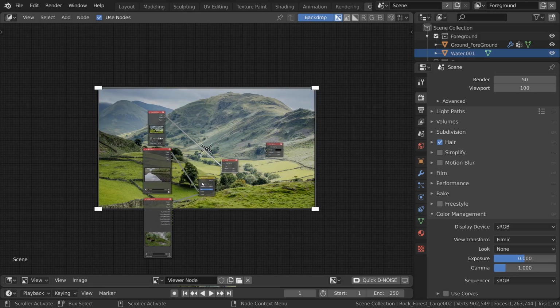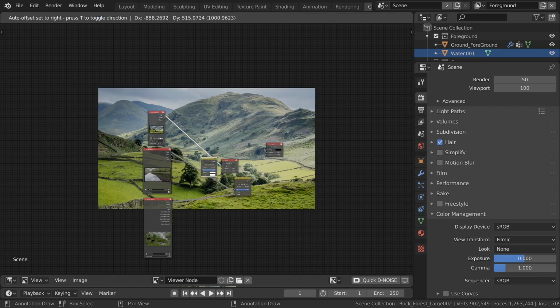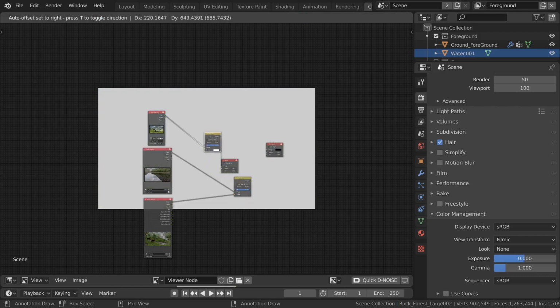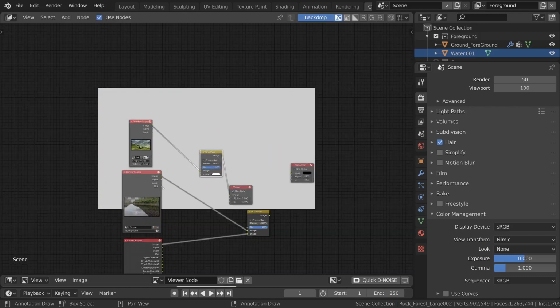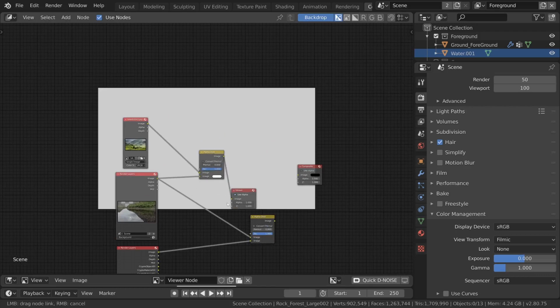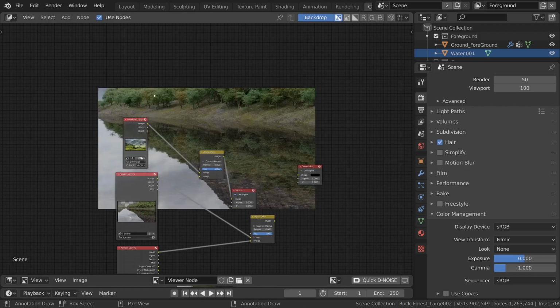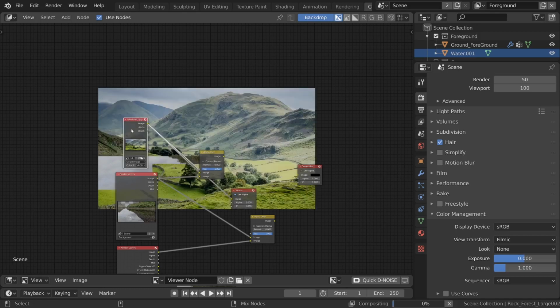In fact, I'll demonstrate. Let's add in another alpha over node, not there. Ugh, it'll do. And feed our background in there. And now you can see our background's in there, but it's the wrong size and it's being cropped based on the resolution of this background image. So we need to stretch this to be the right size, and there's a node for